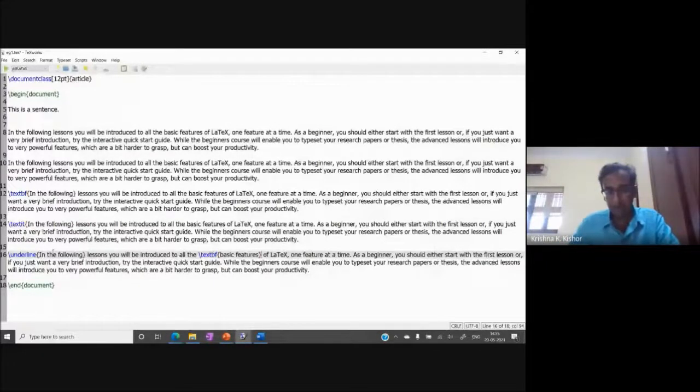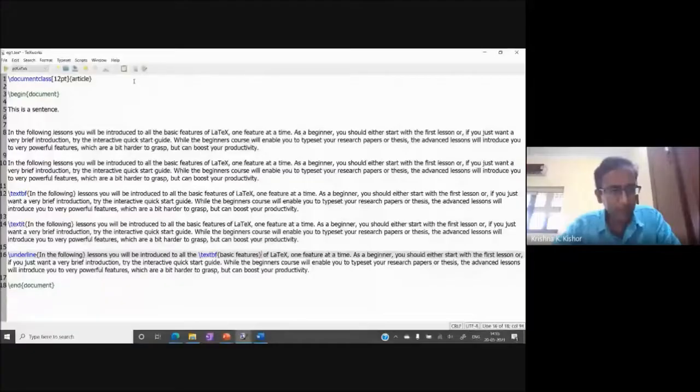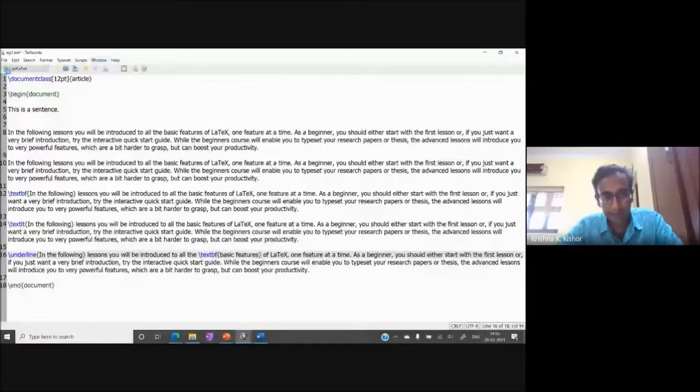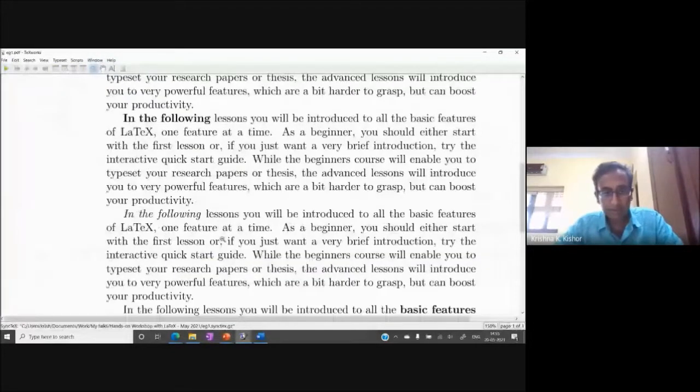WinShell is good for that. In this new editor, which I recently installed, I have not found it yet. Let's compile this and see. In the following gets underlined, and basic features got bolded. It's really quite simple.